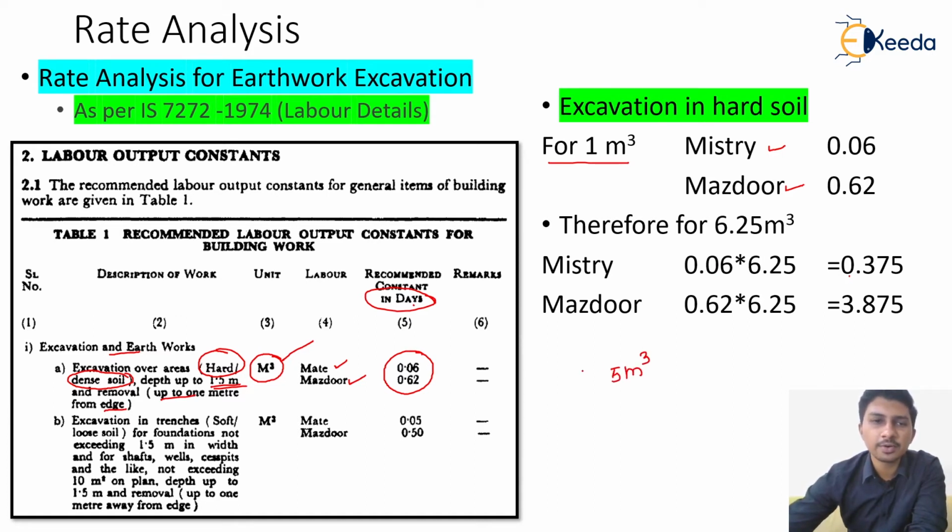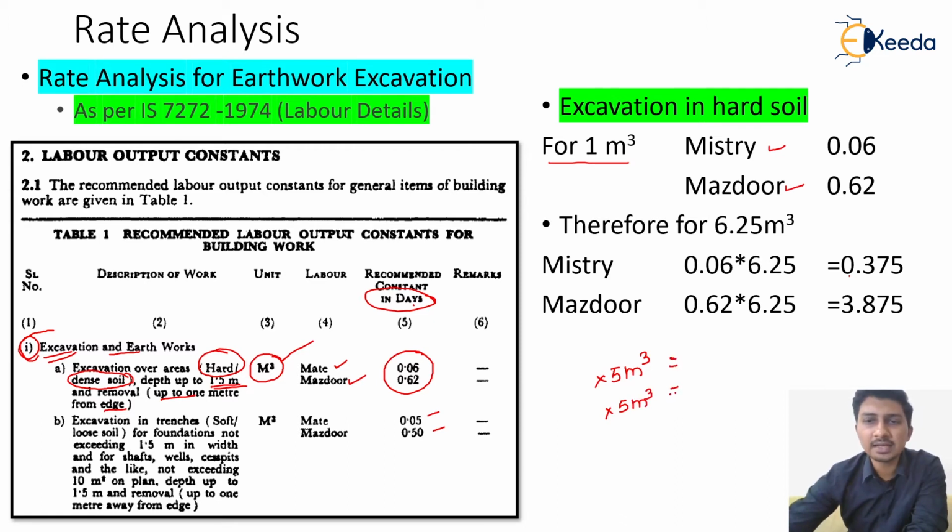Okay, so what am I going to do, I'll just search for something like this over here. This quantity is about the excavation and earthwork. There is some quantity that will be about the PCC work. So for that PCC work, I'll just find out the constant over here. I'll multiply this constant with the 5 meter cube quantity I do need.